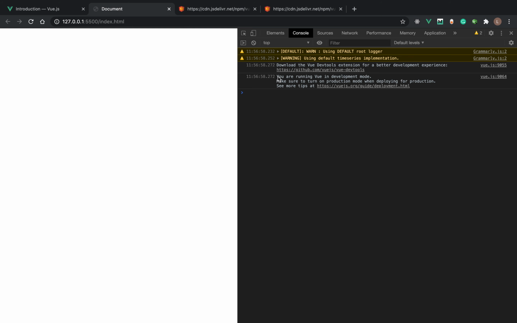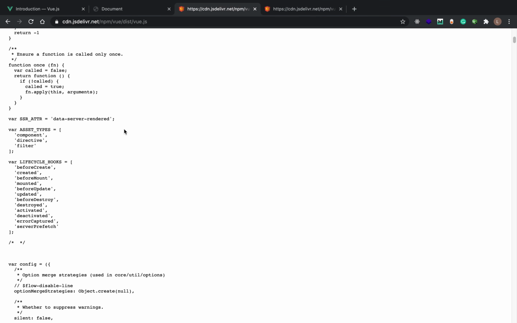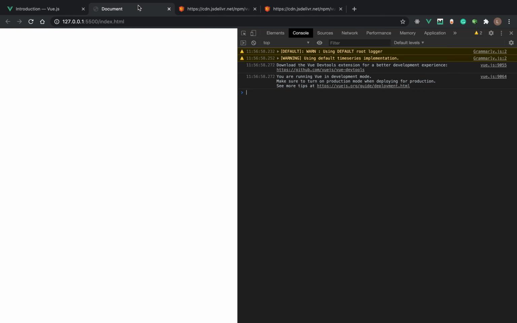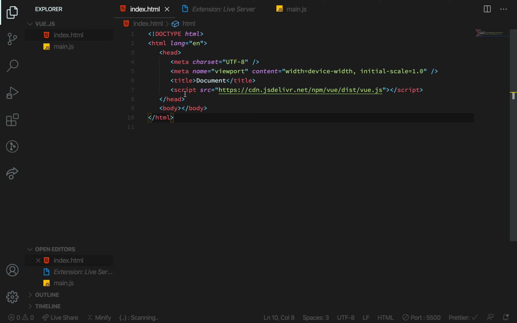So you can see a running Vue.js in development mode, because this is a console log of the Vue.js development script we are importing. Because behind the scenes, Vue.js is just JavaScript code as usual, so there are console logs as well, obviously. Okay, now we got Vue.js up and running, but now we